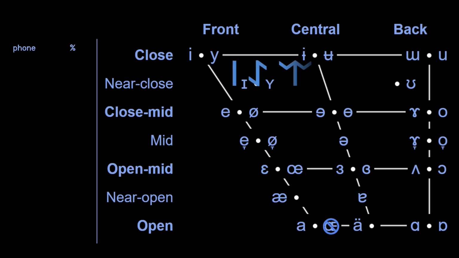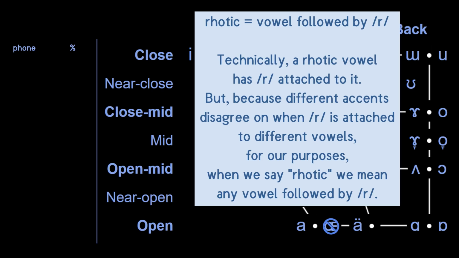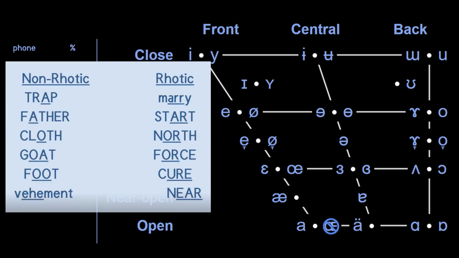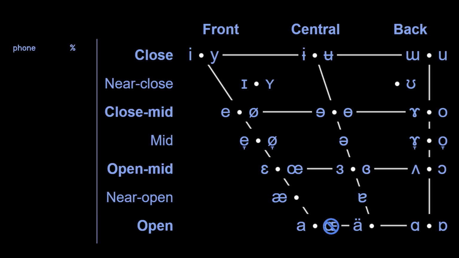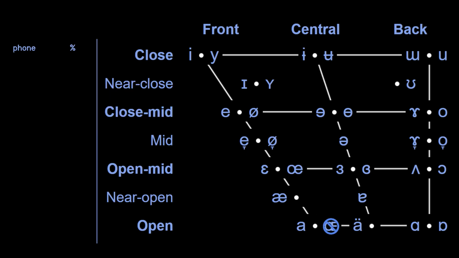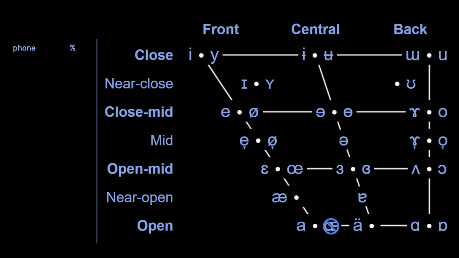However, we must also keep in mind the need to consider the rhotic equivalents of the vowels we've already covered. Consequently, although there's no chart for it, I want to briefly mention the non-rhotic sliding diphthong used in words such as vehement and vehicle in various accents. This is the non-rhotic equivalent of the rhotic near vowel in its sliding form. The reason for mentioning it is because of how the lexical set's keywords pair with one another.